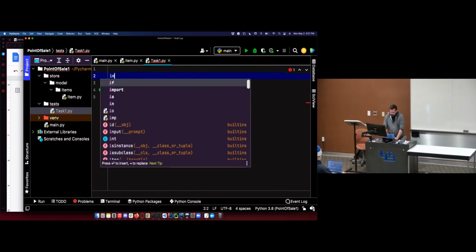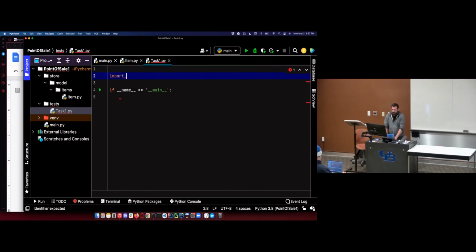So first, I need to import that. It's in a different module. So I'm going to import store.model.items.item, import item from. I always think this is backwards. I get it wrong every single time.